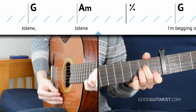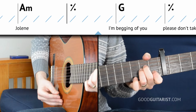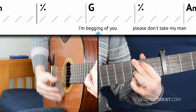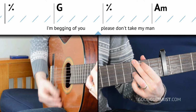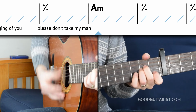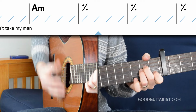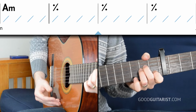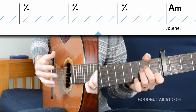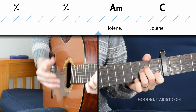A minor. G. G again. Then A minor for 4 measures. So before moving on, make sure that you can play the chords just like we did,